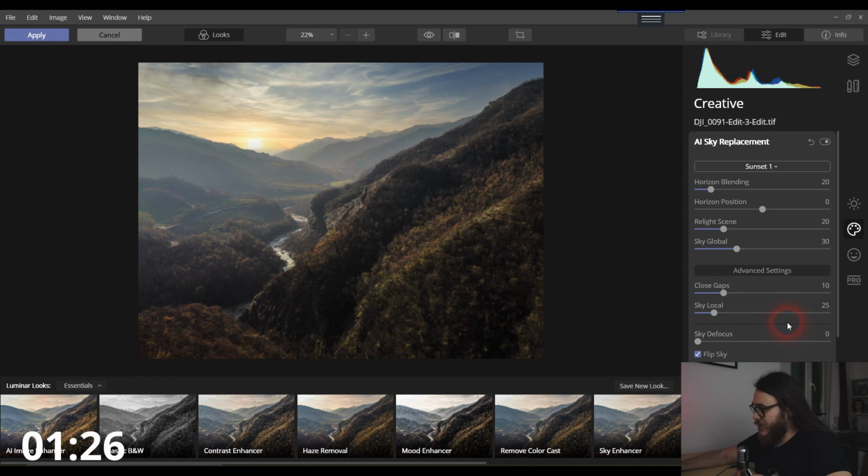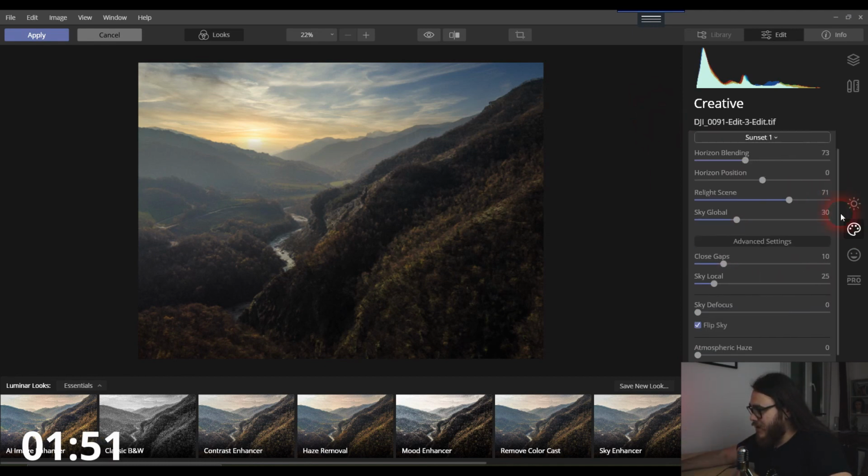Alright, so all I need to do now is to blend it a little bit better. It's just around here. Relight the scene so that it is more, I don't know, it looks like it was taken, you know, there. Then